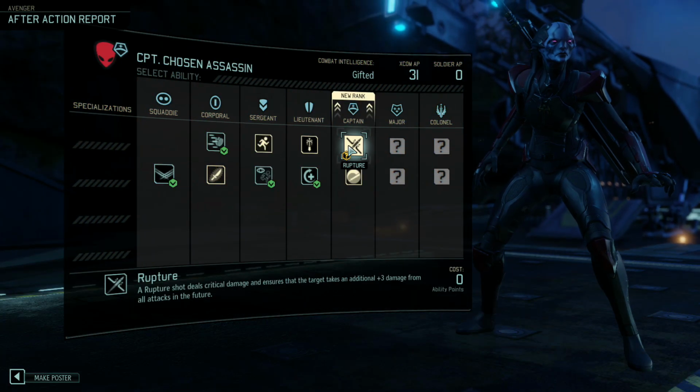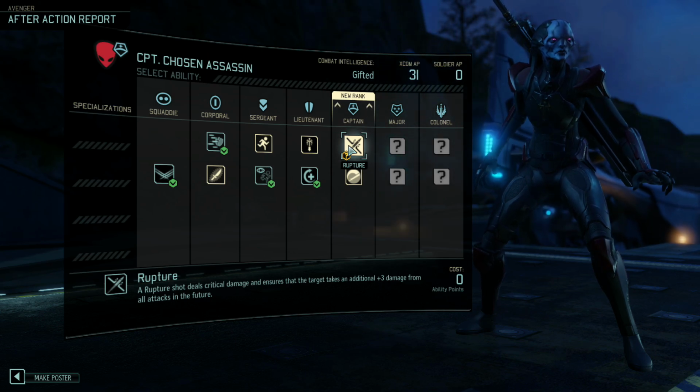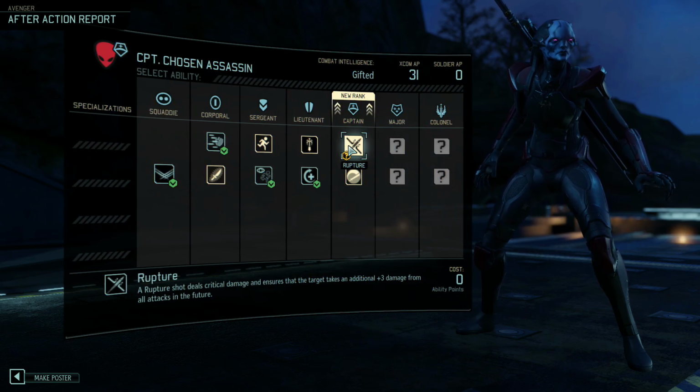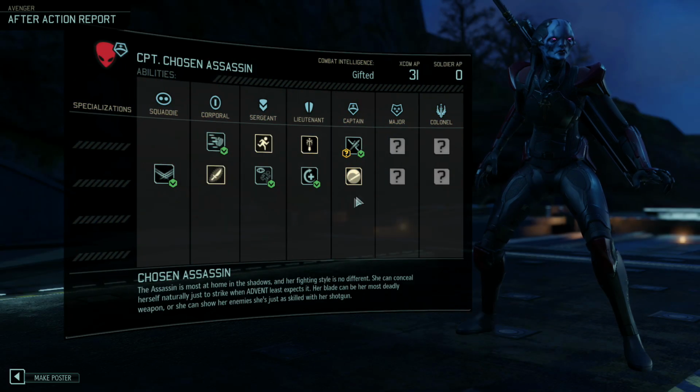And then the Assassin has the hardest choice to date. We need to choose between Rupture and Bladestorm. Both are amazing abilities. Now to the dismay of Twitch chat, I opt for Rupture. I'm just thinking about enemies like Sectopods later on. Using Rupture plus Rapid Fire from the Hunter could be a really powerful combo for those high HP bad guys. Now I do plan on picking up both Bladestorm and Blade Master later on, and I'll talk about that in a moment,